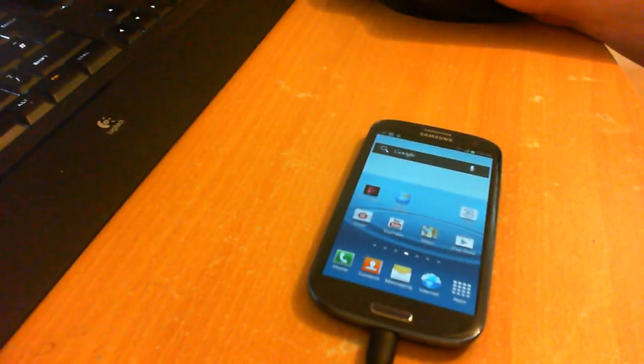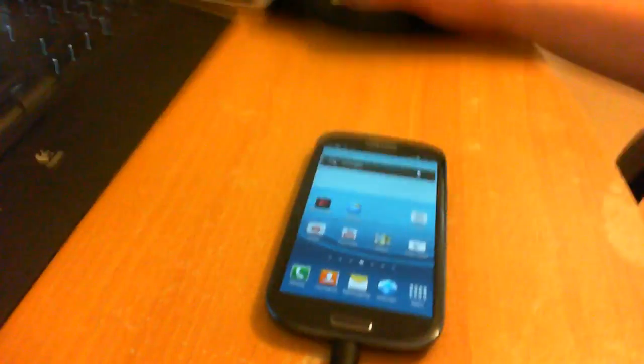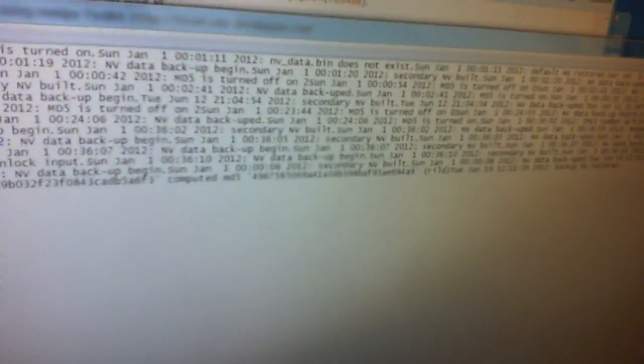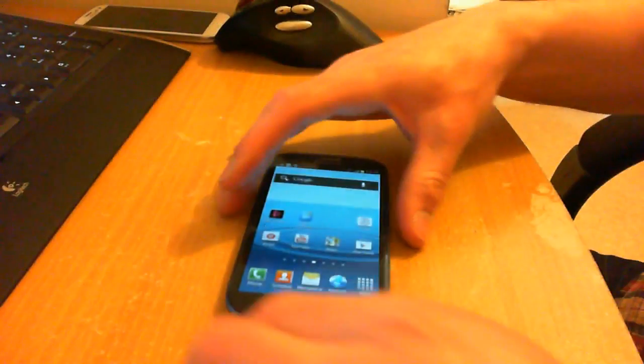Okay. So you want to copy that second number. Let me just word wrap the text editor there. So you want this second number, copy that, and then you want to copy that for later. So what we need to do now is go back onto the phone here,